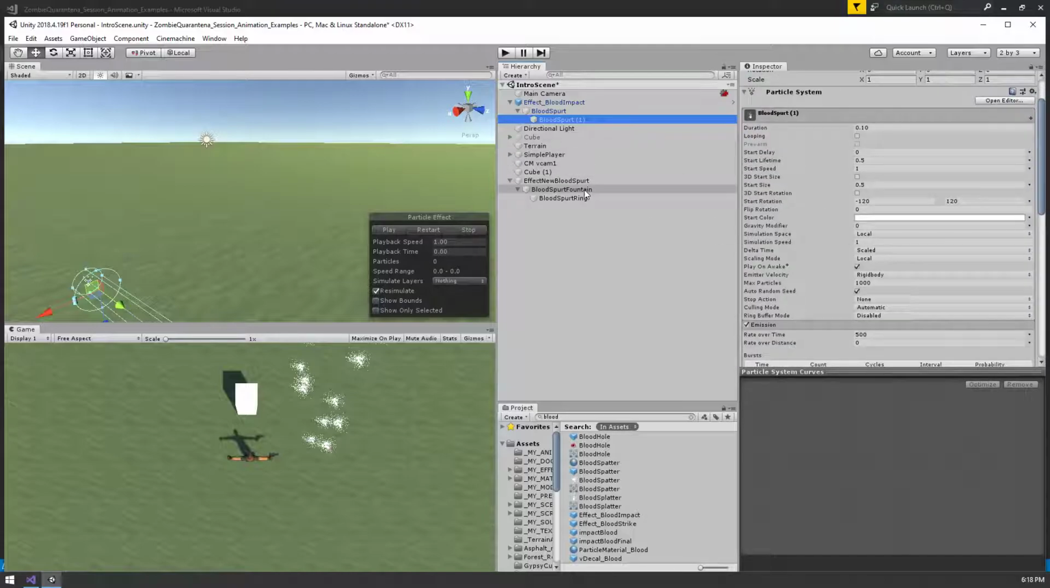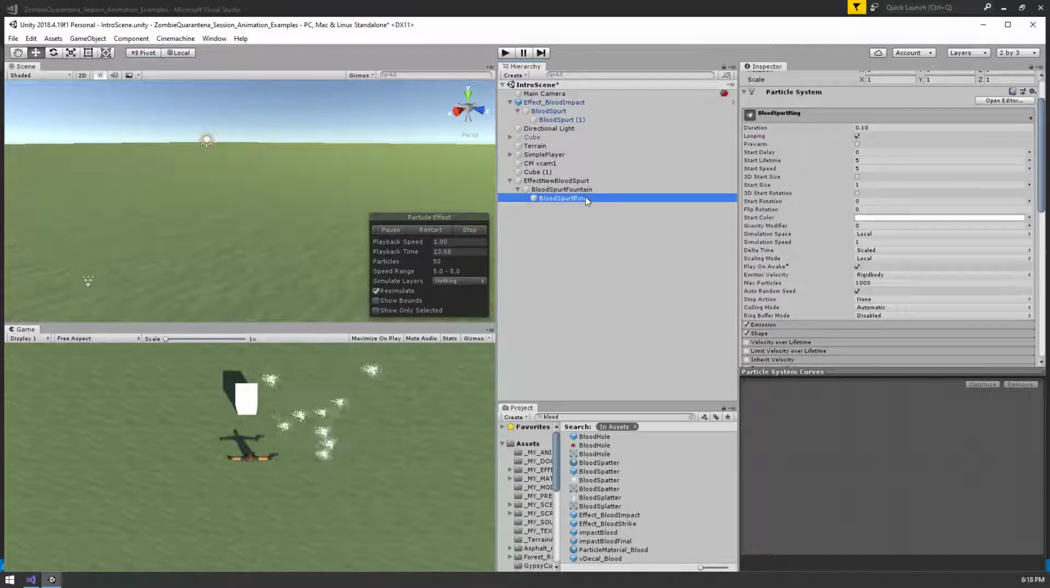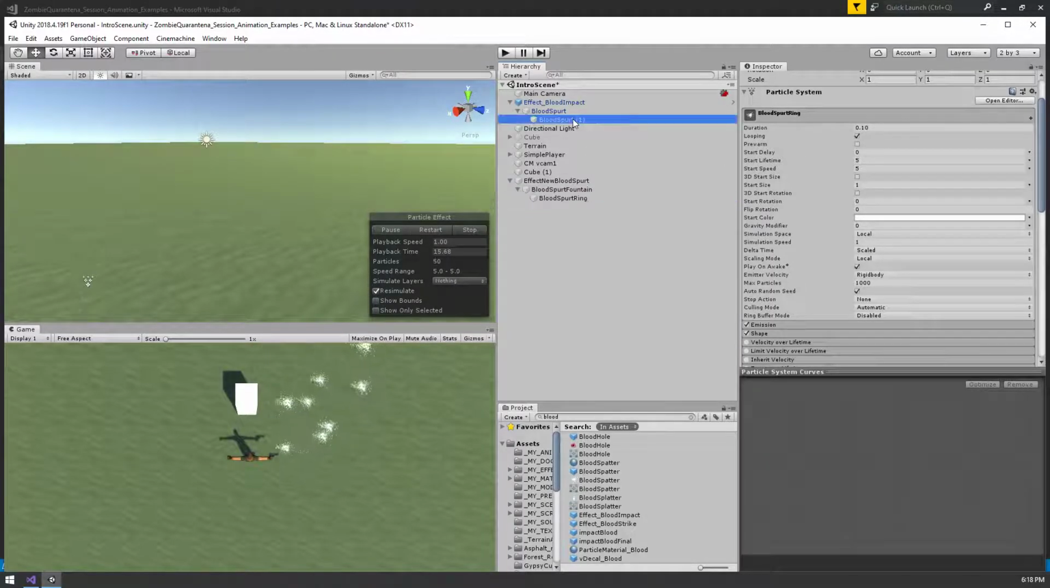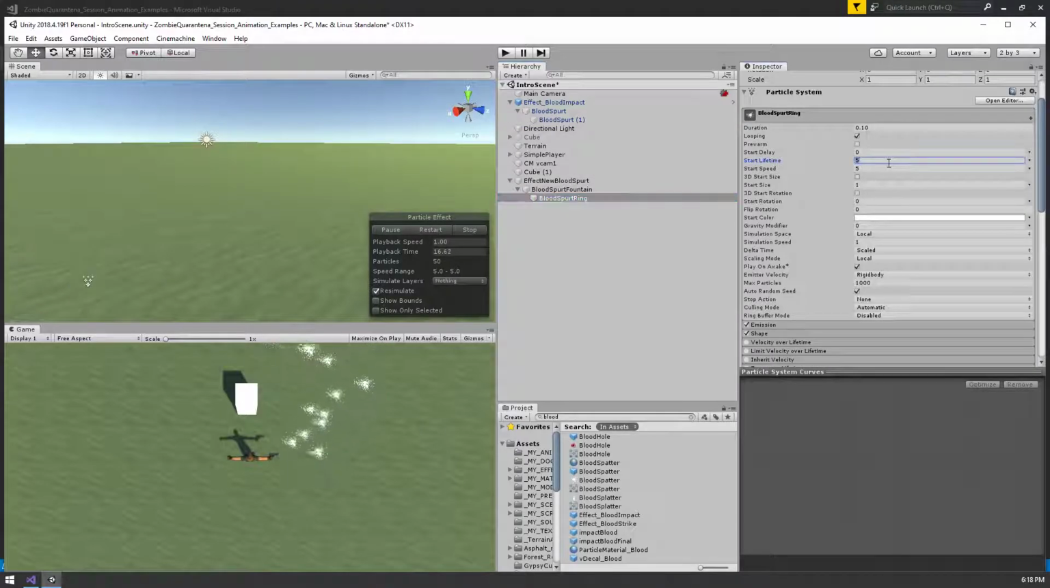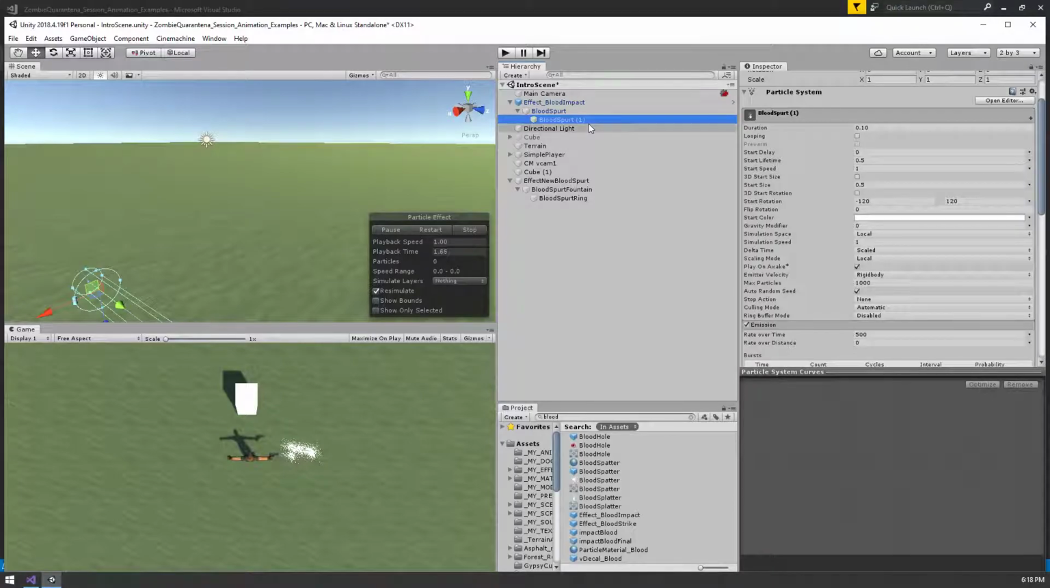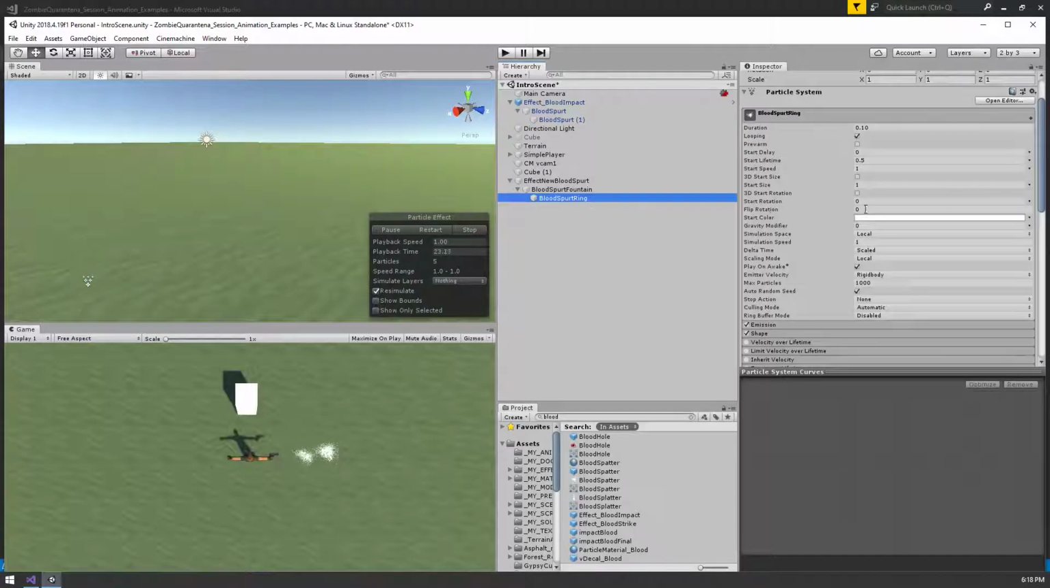Let's go to... We want the start lifetime to be 0.5 and the start speed to be 1. 0.5 and 1. And again, I'm just looking at the original one that I built. You can copy and paste it exactly, or you can just use the one that's already there. I just want to demonstrate how you do these things. Again, we'll make the rotation between two constants, -120